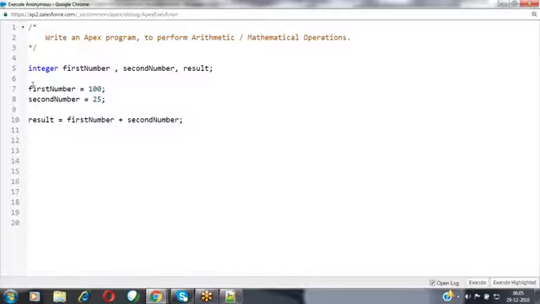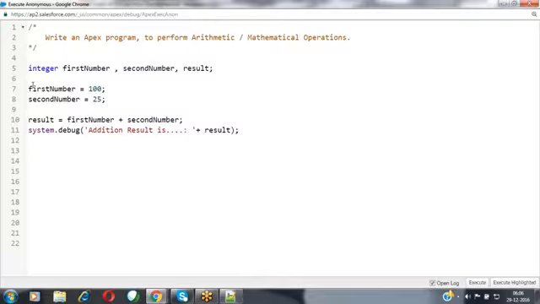Once the result has been produced, I would like to display it. System.debug, 'Addition result is', and I'm printing the result value.